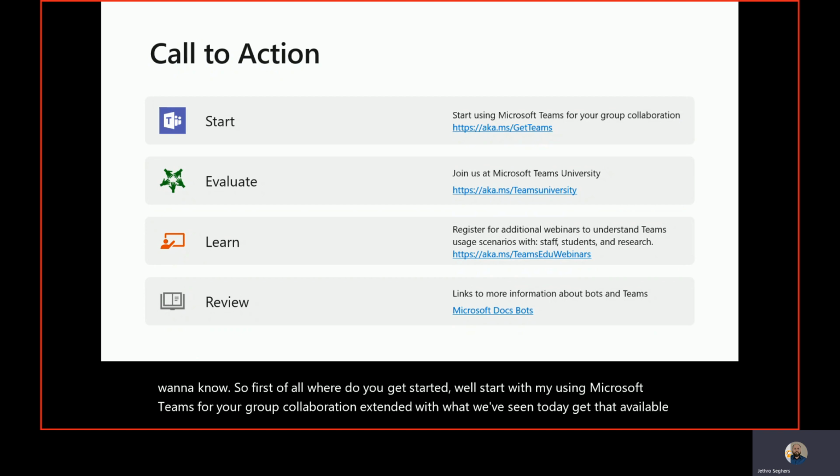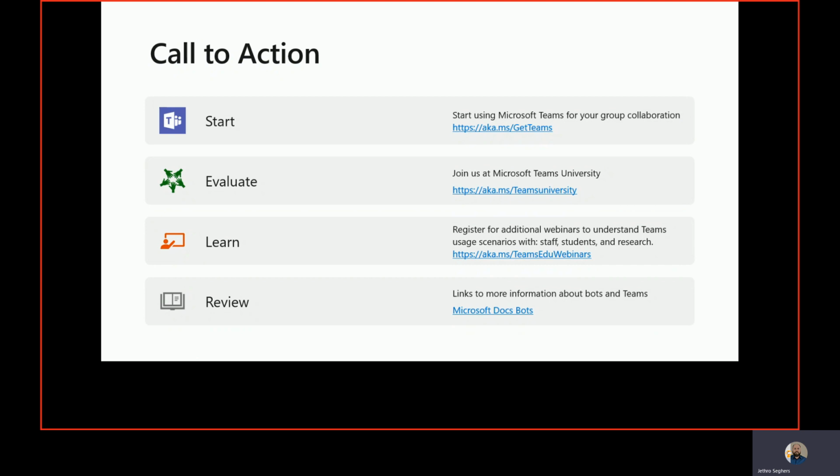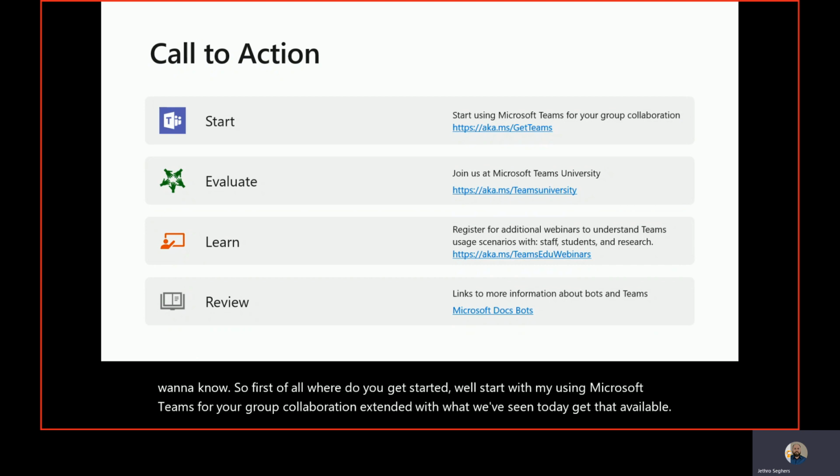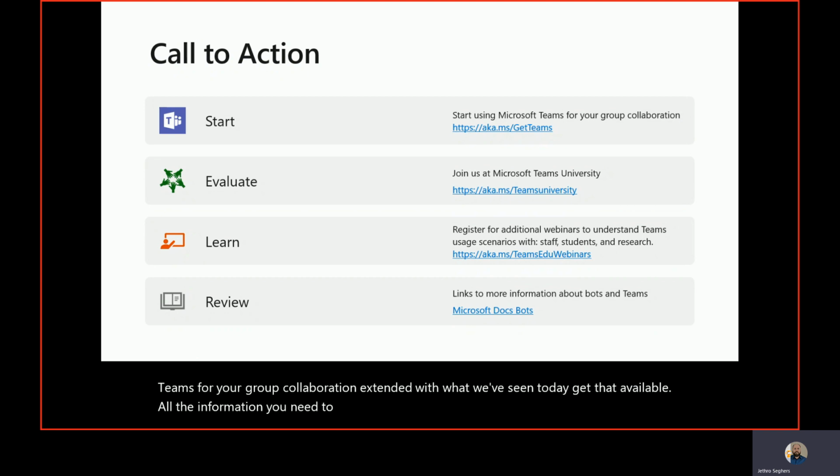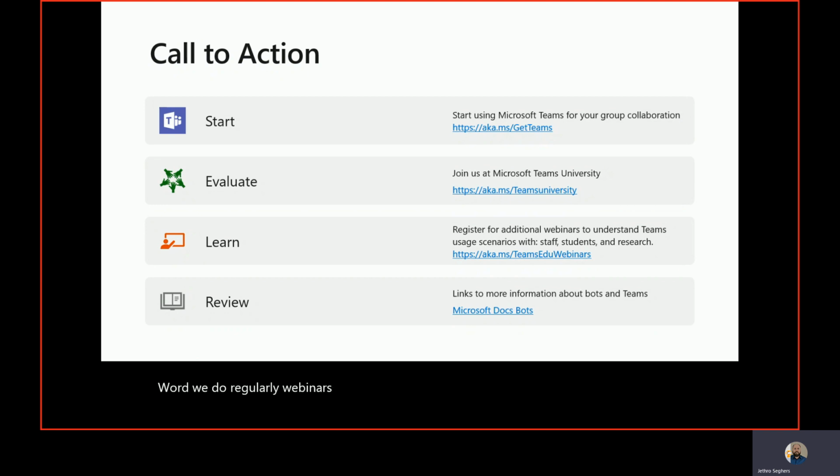Evaluate, look at what we have from collateral. We have a website which we call Microsoft Teams University. The URL is aka.ms/teamsuniversity, and we'll provide all the information you need to deliver Microsoft Teams within your organization, both in K-12 and higher education. Learn. We do regular webinars. We're doing regular virtual events where you're going to learn about new technology within Teams. Make sure you keep track of those. Make sure you register. And we take it to staff, students, researchers, and you find those on aka.ms/teamsedu